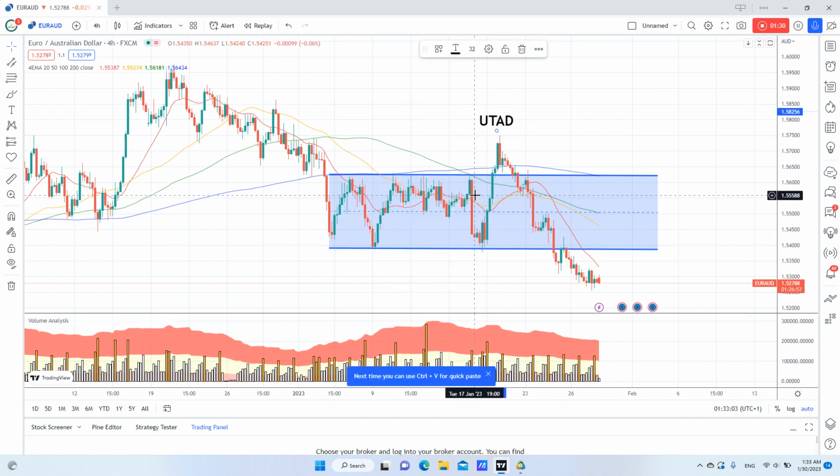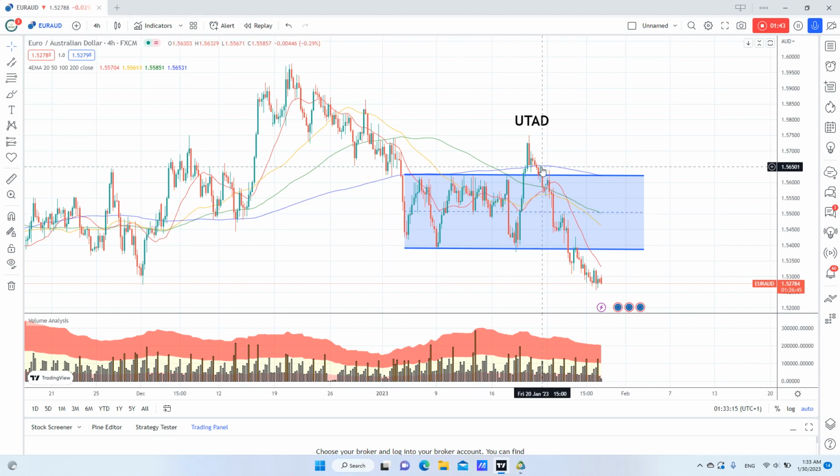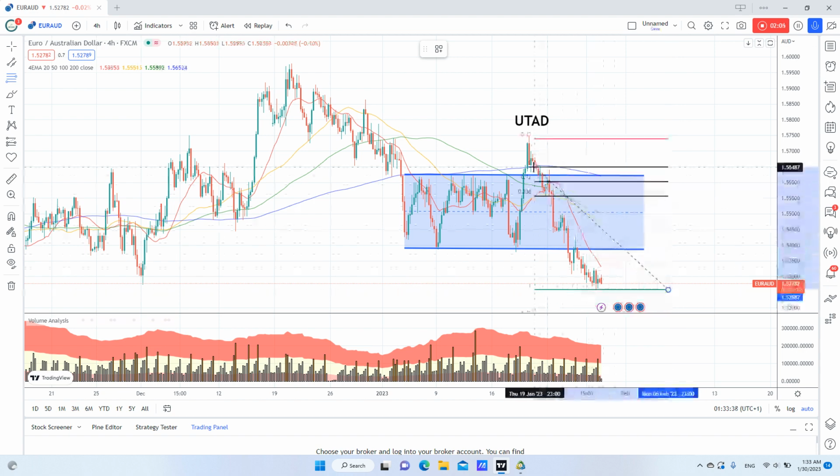How do we know that this is distribution? Because if it's accumulation, it won't go to break all this support here. And you may say it's a spring. Normally the spring happens here, and then it goes up, then back, and then goes up. But here we have the upthrust after distribution and then breaking the support here. So I will draw my Fibonacci